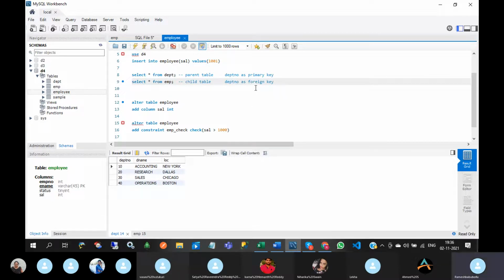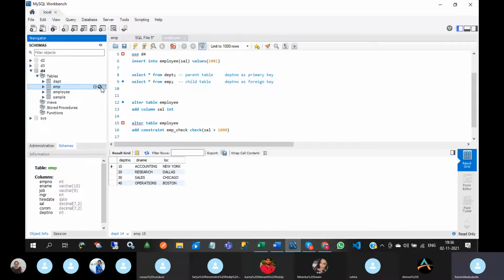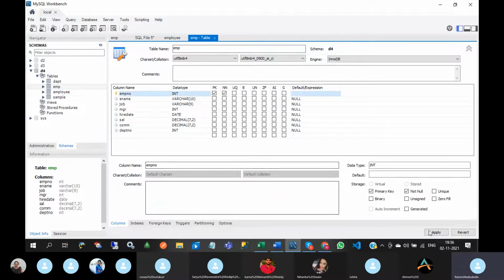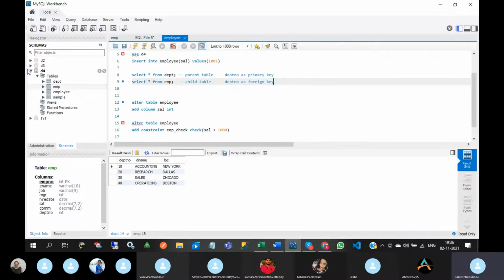So how to make a primary key and foreign key? Go to the EMP table, design, EMP number, make it primary key and apply.